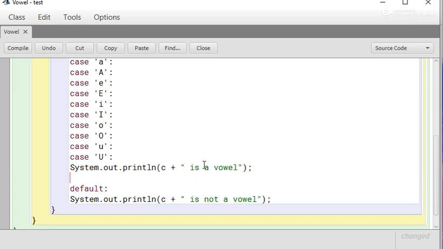We write break in small letters, because it is a keyword. In this way, you can apply the switch statement to check various conditions, but remember that it is used only to check equality. For other types of checking, we must use the if-else statement, because if-else is a very powerful decision-making statement in Java. Okay, thank you.